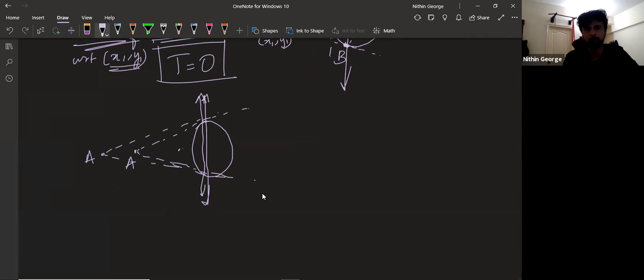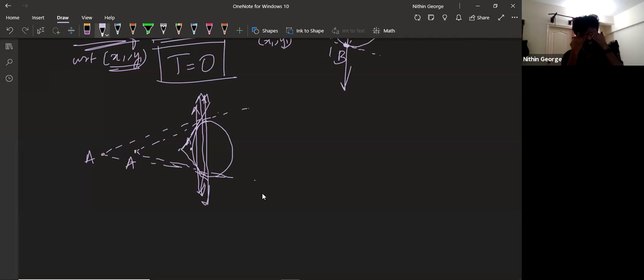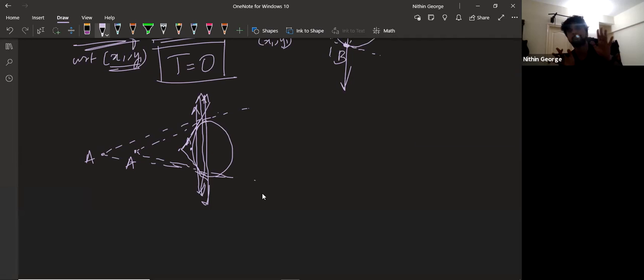You bring it closer and closer. What happens? The chord of contact becomes closer to the curve. It becomes closer till what? Till that point x1, comma y1 lies on the conic. Then what happens? Then it will become the tangent itself. All right. Guys, are all of you following this? Can you visualize this? You can see the chord of contact and the point coming closer and closer till they meet at the curve. I hope you can all visualize this. This should be a tada moment for all of you.